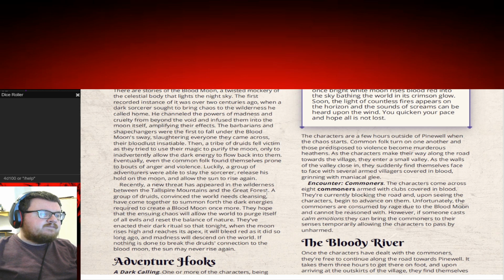sun to rise again. Recently, a new threat has appeared within the wilderness between the tall spire mountains and the great forest. A group of druids convinced the world needs cleansing, and have come together to summon forth the dark energies required to create a blood moon once more. They hope that the ensuing chaos will allow the world to purge itself of all evils and reset the balance